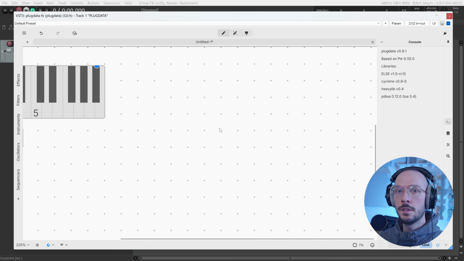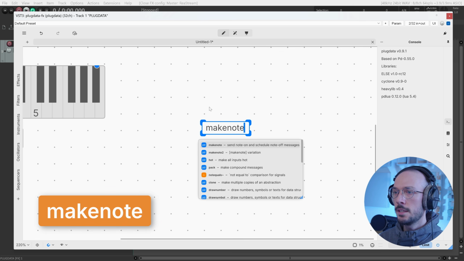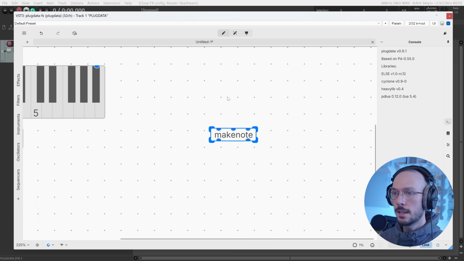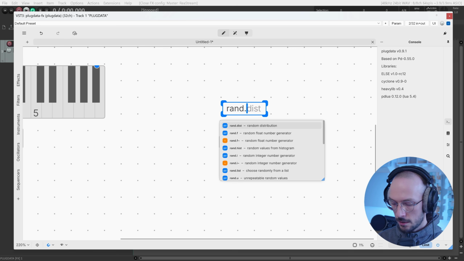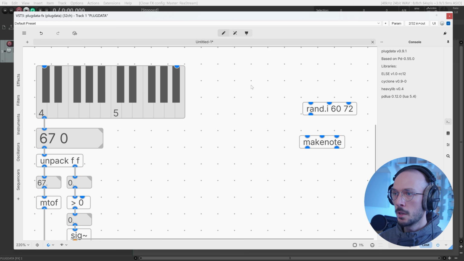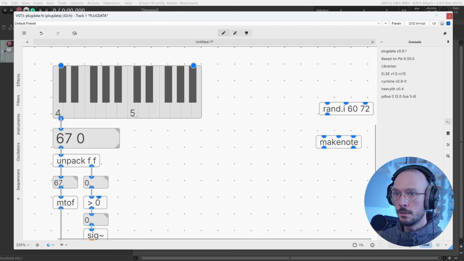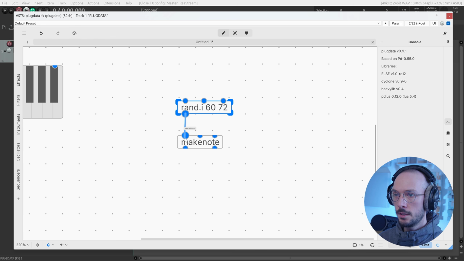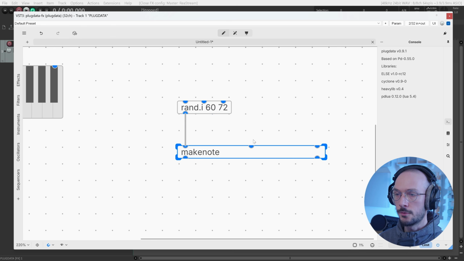The next object we're going to use is makenote. This is a pretty useful object that can receive MIDI pitch, MIDI velocity, and note duration, and it will output pitch and velocity. So thanks to this object, I want to make a random chromatic note generator. We can use rand.i, and I want MIDI notes in the range 60 to 72. 60 is C4, 72 is C5, so I'll cover an entire octave, and you can go to the first inlet,